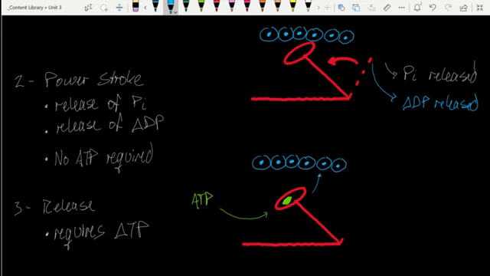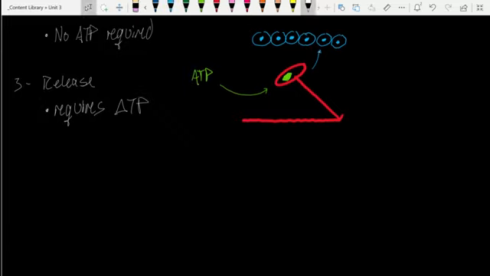This is release. Of course, this is what we see with rigor mortis, where the body's no longer producing ATP, and in the absence of ATP, myosin can't let go of actin. This is what the stiffening of the muscles is associated with in that roadkill that you saw the other day. All right, now to finish things off, the last step is recovery. In other words, we've got to reset the mousetrap. And this is all about